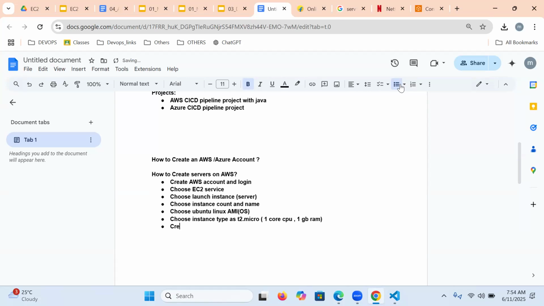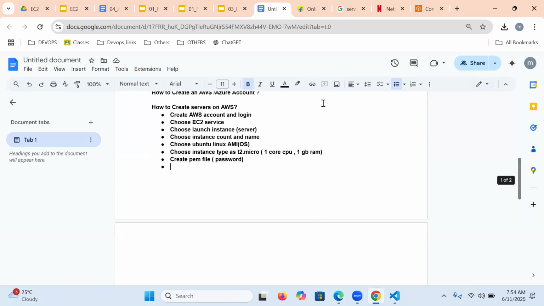Then create a PEM file. It is just like a password. How do we log in to a laptop, any server, any machine? You need to provide a password. In the same way, but instead of a password, we are going to use a PEM file.